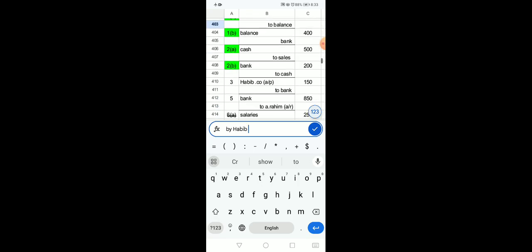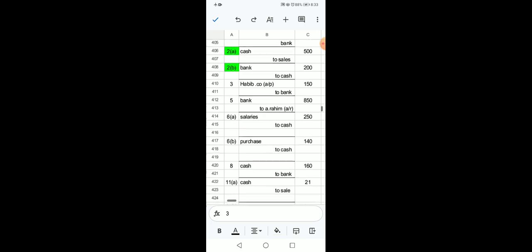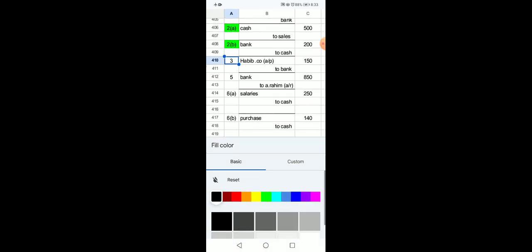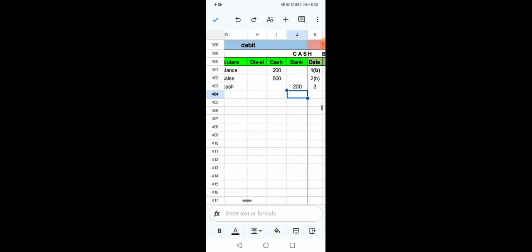See its date, which is 3. So put date 3 in the date column. In entry number 3, there was only one element to be posted, that was bank. We have posted it. Entry 3 is completed. Mark it as done. Now entry number 5, there are two elements, but only one element we are associated with is bank. Bank is debited 850. Go to the debit side of the bank and write down